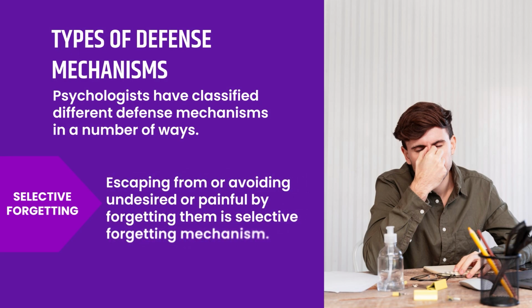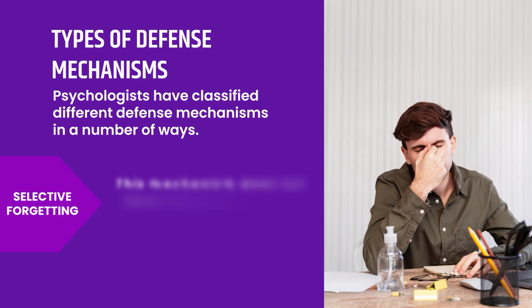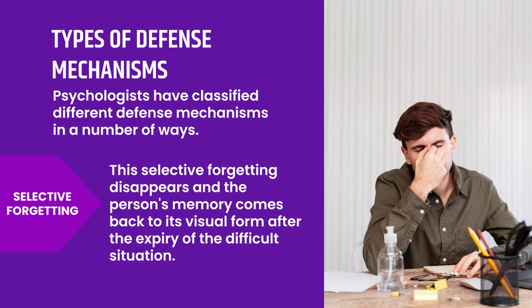Next type of defense mechanism is selective forgetting. Escaping from or avoiding undesired or painful things by forgetting them is the selective forgetting mechanism. In this mechanism, an important fact or concept disappears from one's attention. This mechanism does not have any adverse effect, as it happens in the normal course of forgetting. This selective forgetting disappears and the person's memory comes back to its usual form after the expiry of the difficult